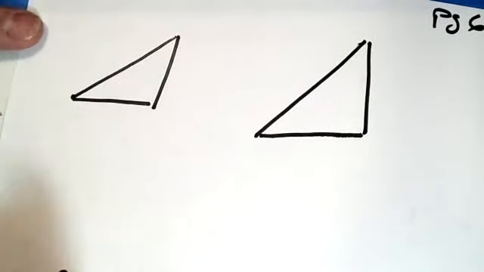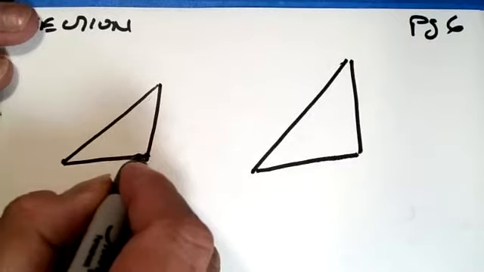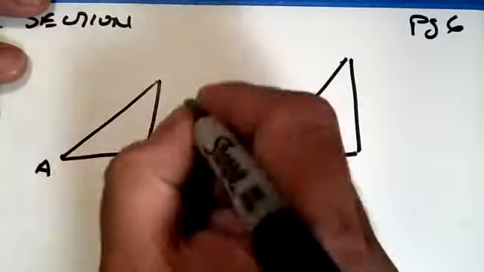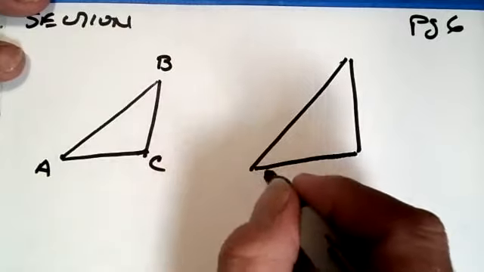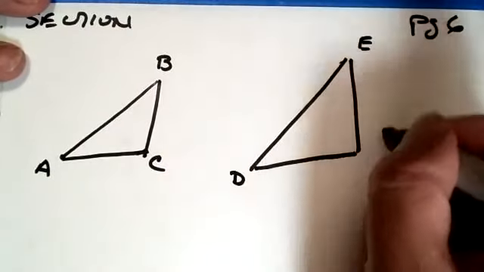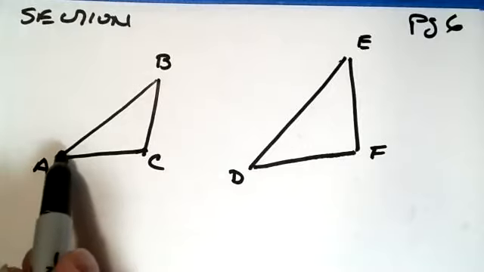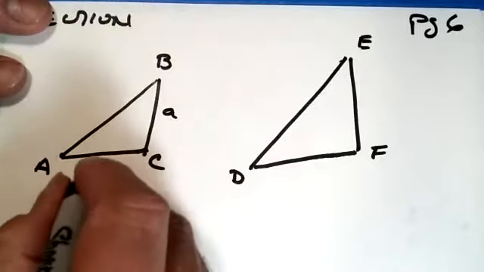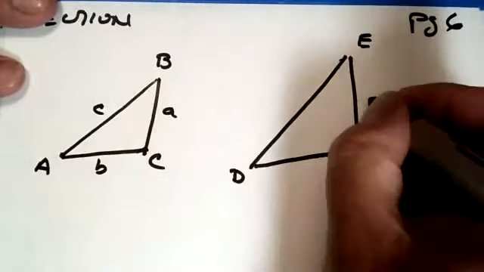But let's look at some customary labels. So like I said before, it's very common to use a capital letter for the vertex of an angle. And for triangles, it's actually very common to use the name of those vertices as the points as well. So we'll call this A, B, and C. And then we'll call this one D, E, and F. Now, another commonality, capital letters for angles and lowercase letters for opposite sides. So we'll have a lowercase a, lowercase b, lowercase c, even though you can't really tell the difference there, lowercase